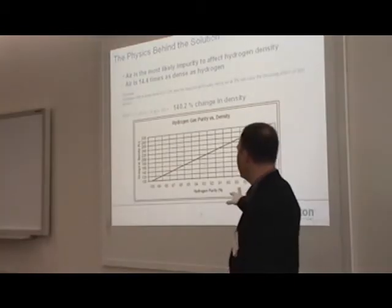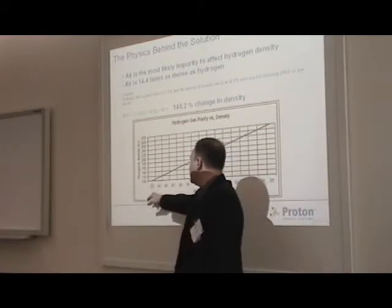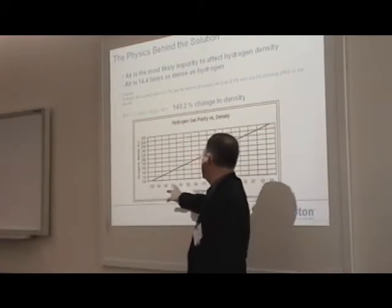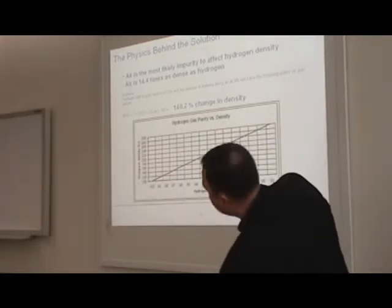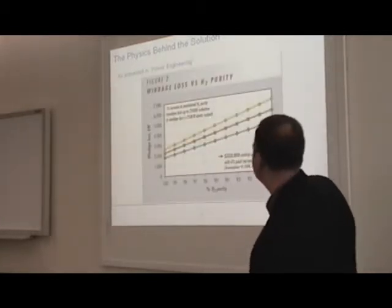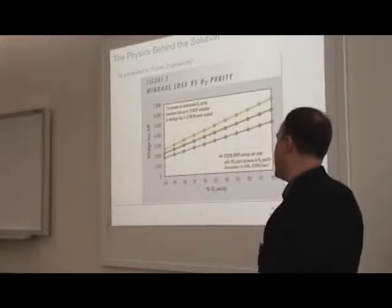So this chart just looks at changes in density here. You can see here at 100%, you're good, and as you go down, your density increases significantly. And then this is the chart that we point to quite often, and this comes directly from Power Engineering, from